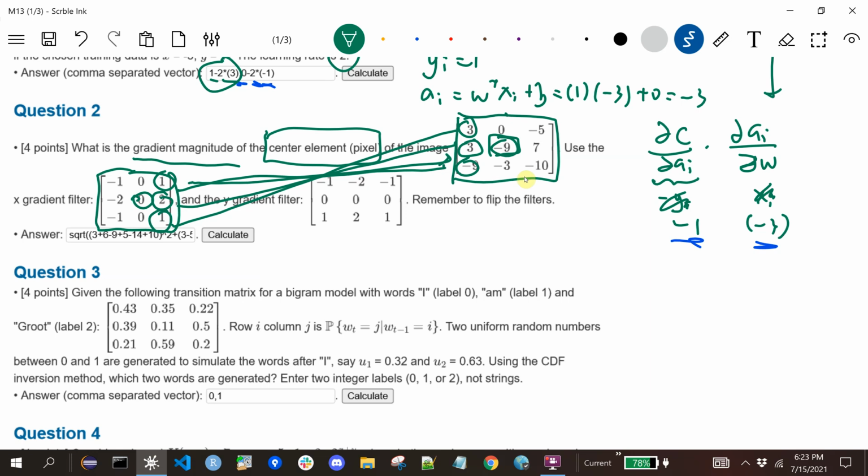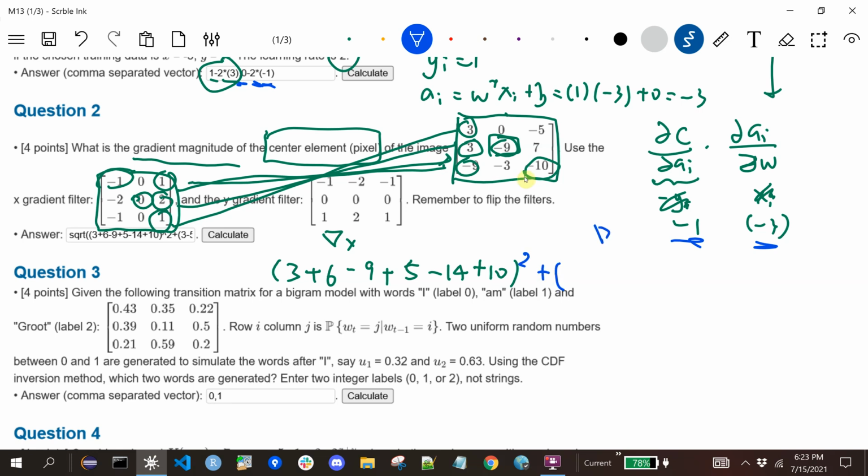So the x gradient, let's do x gradient first. That's 3, 6, and minus 9. And this is multiplying minus 5, so 5 minus 14, and minus 1 minus 10, so it's plus 10. So that part is the x gradient, and we square it, and then we add the y gradient,